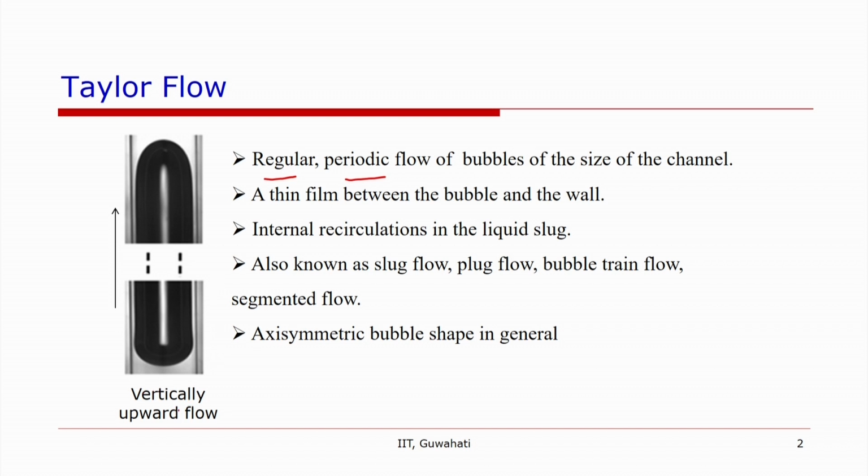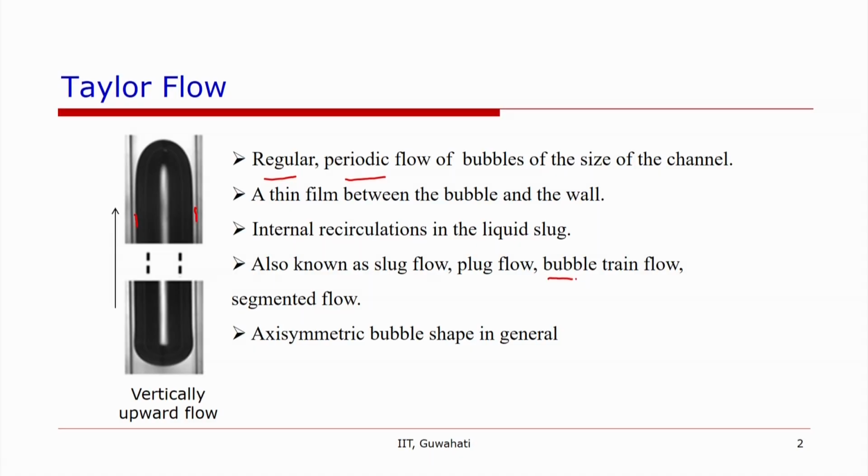The picture shown here is for a vertically upward flow, and the bubble is in the black color, and you can see that there is a film on both sides of the bubble which separates it from the wall. So, there is a thin film that separates it from the wall, and the flow of bubble is periodic. So, you have a number of bubbles, and that is why it is also called a train of bubbles or bubble train flow. And in between two consecutive bubbles, if we look at the schematic of a bubble train flow, we will have a picture something like this,